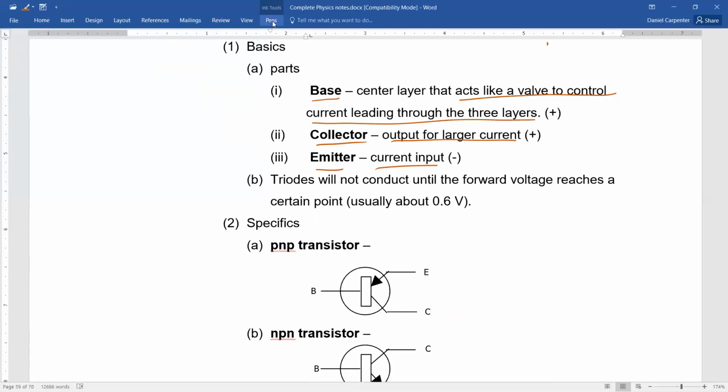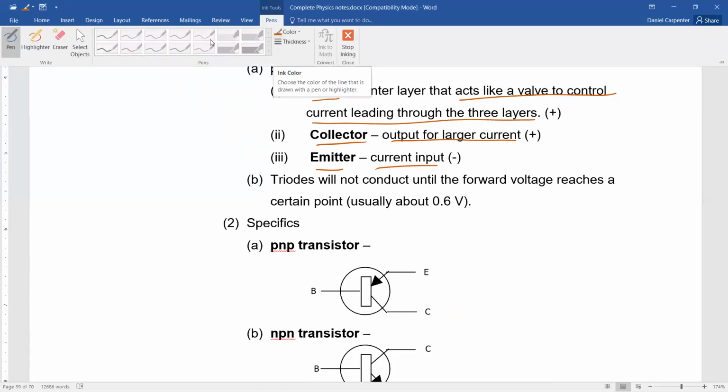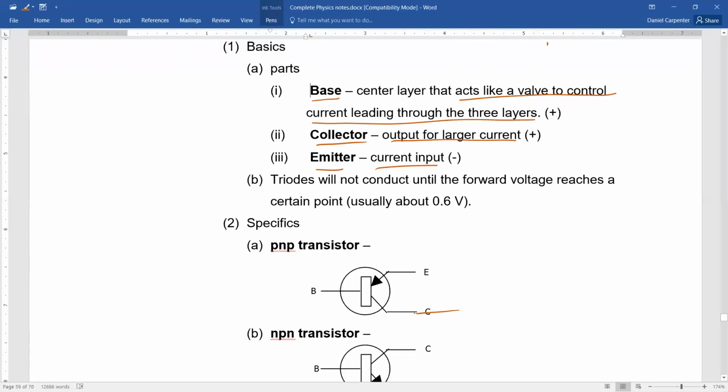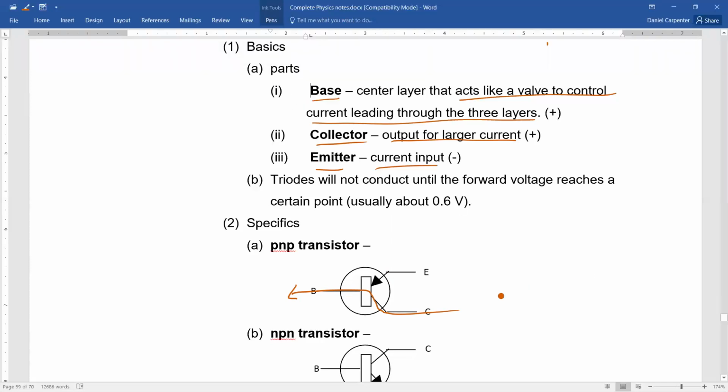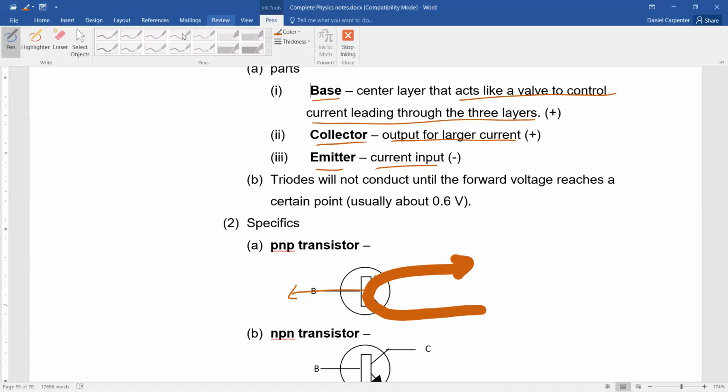You get a small current coming in the collector and out the base. When there is a small current going in the collector and out the base, only when there's a small current coming in the collector and out the base, then you can get a large current going in the collector and out the emitter. So it turns out